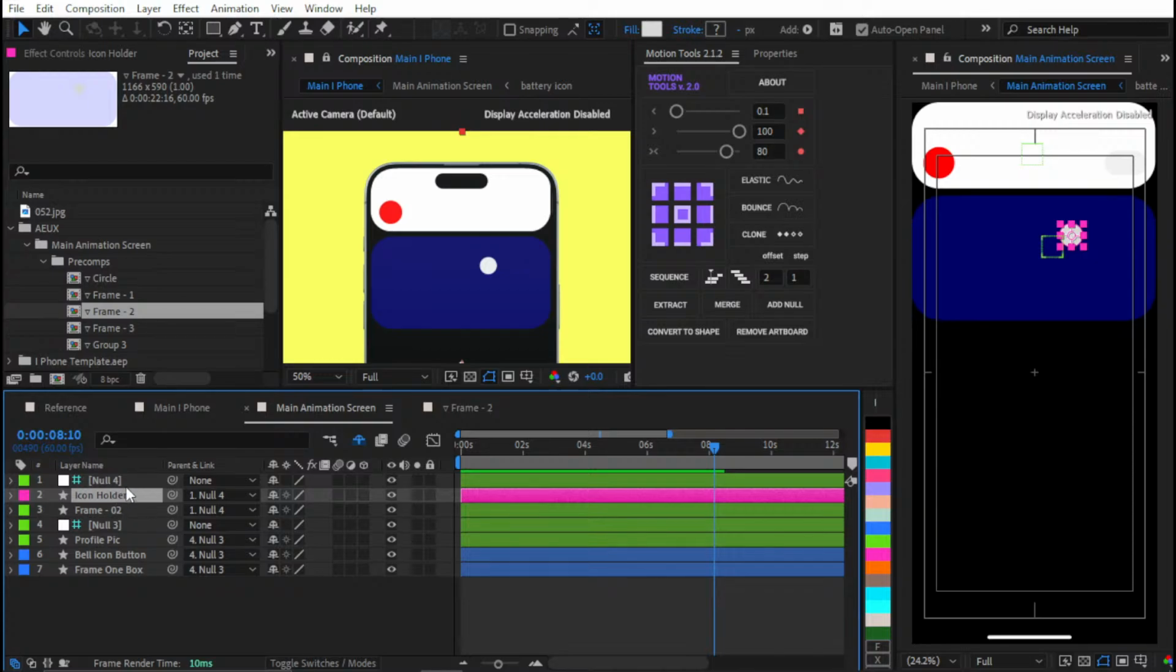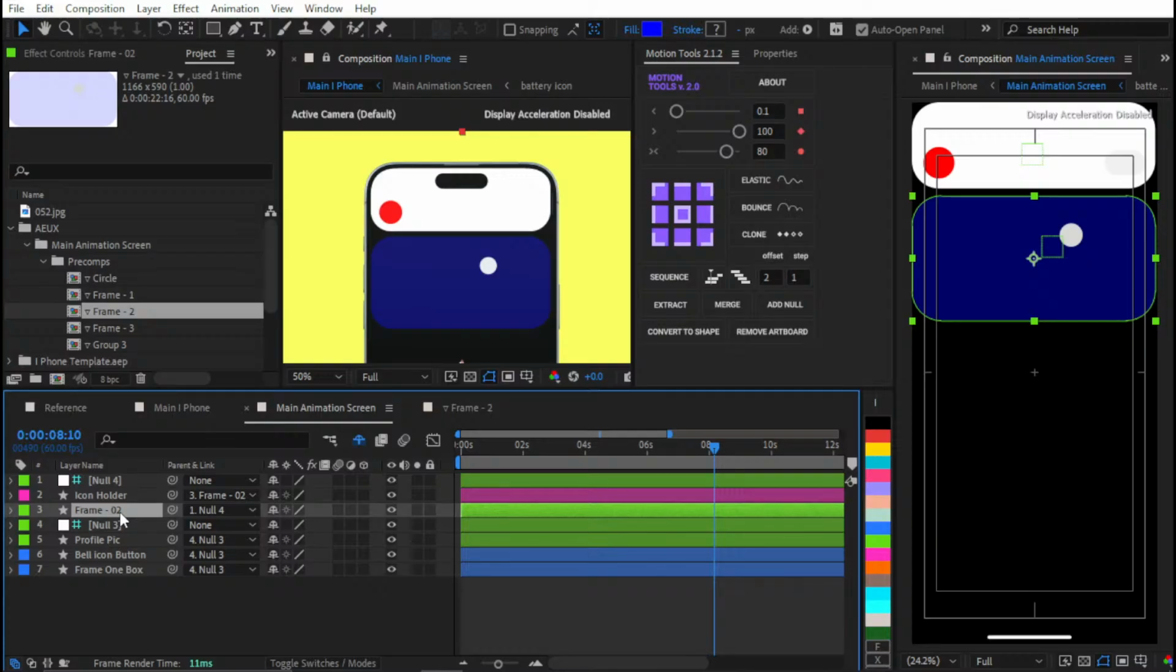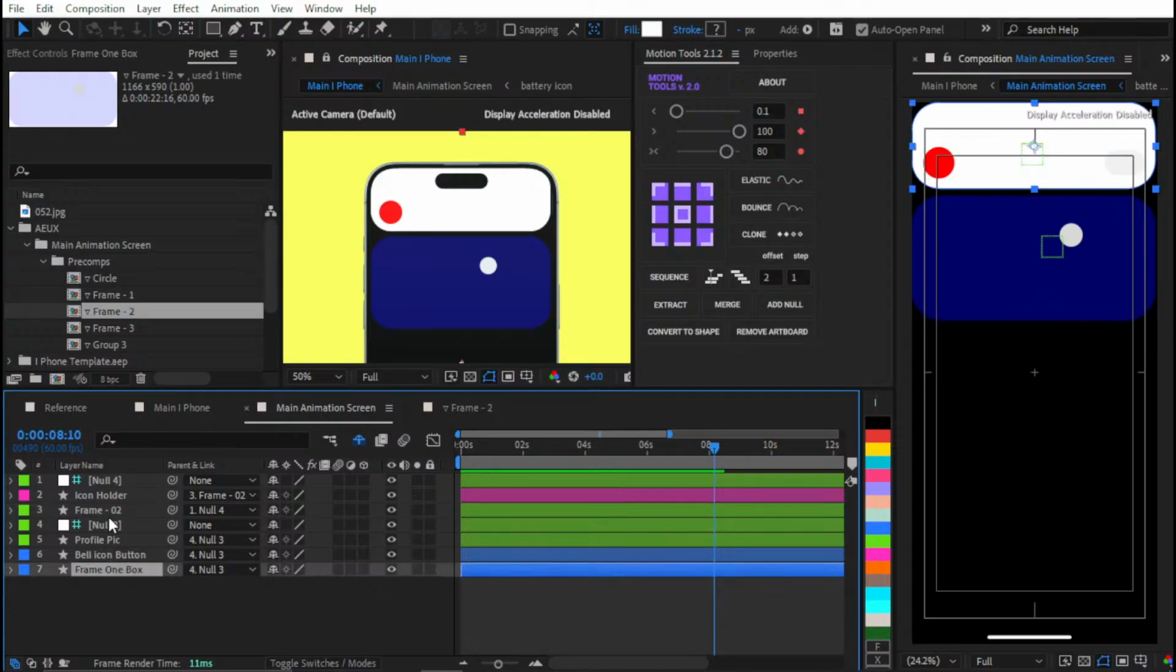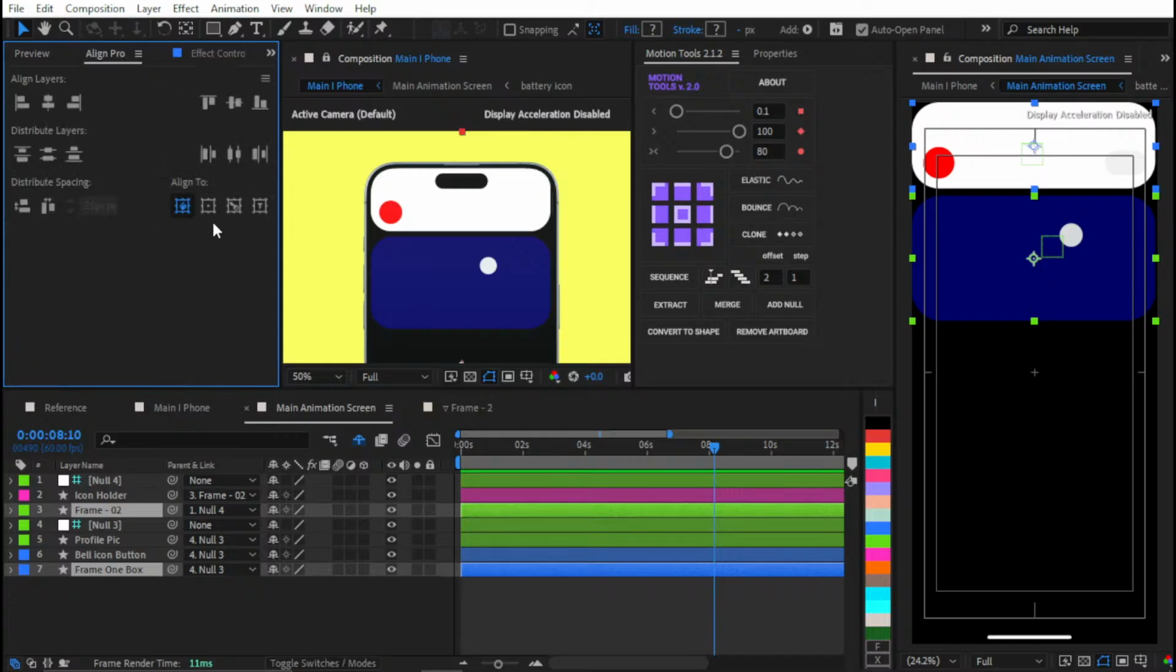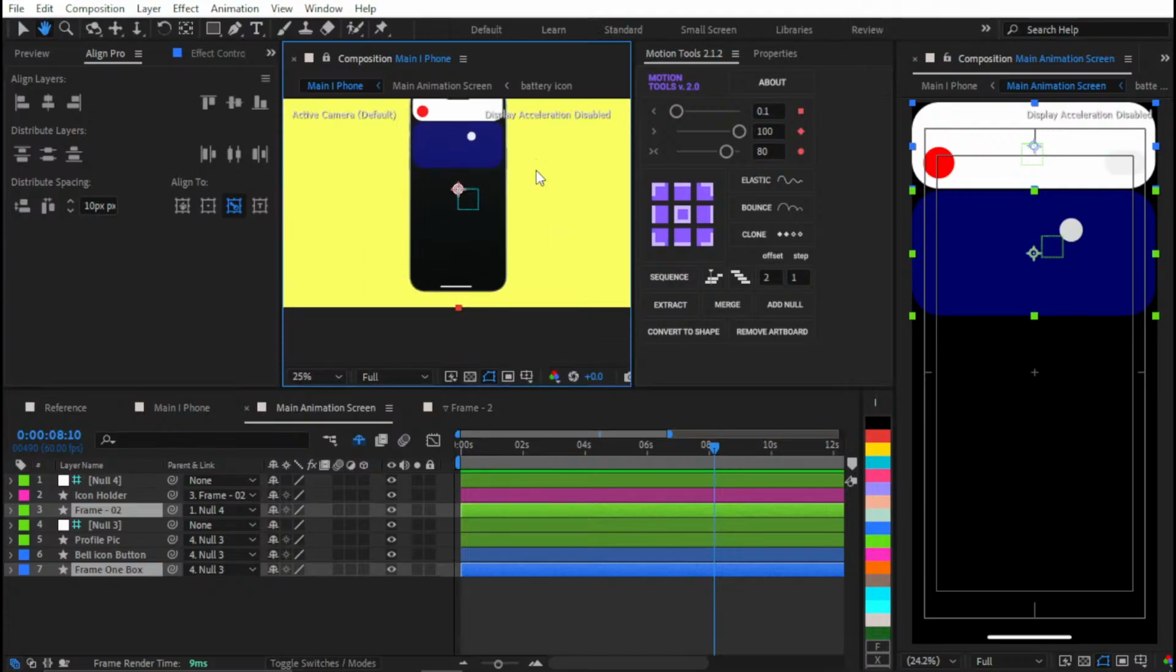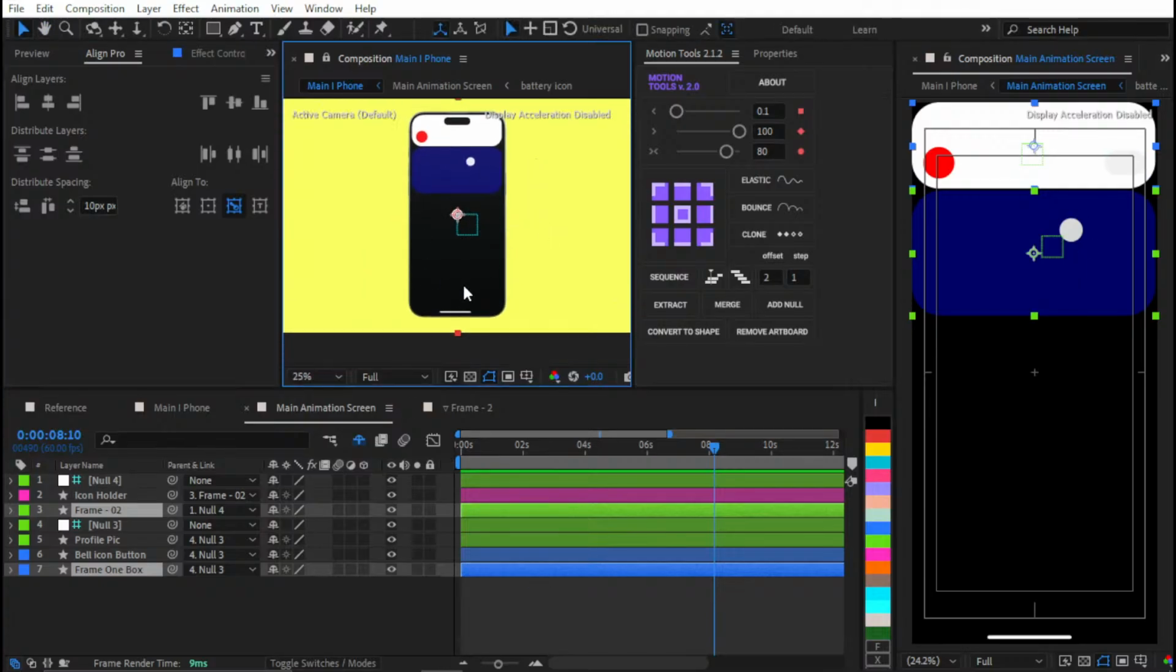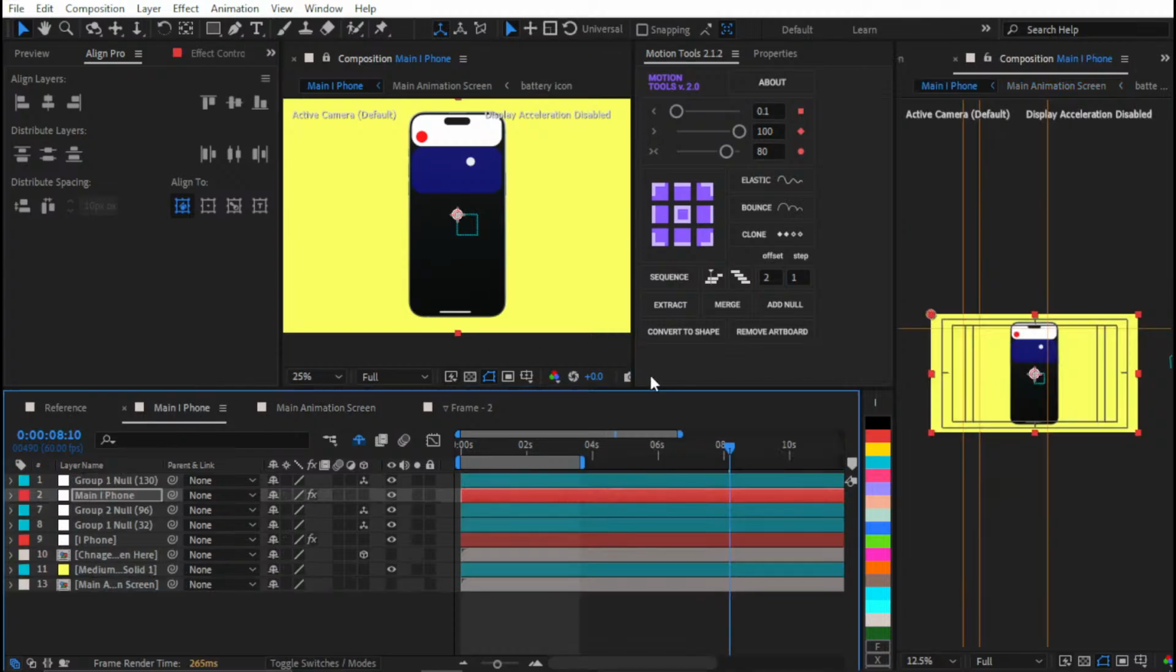For now, let's link this icon holder to main frame and select frame 1, select frame 2, go to align pro, select this third icon and distribute vertically. Let's reduce the size to like 10 pixels like this. That's looking good. Okay, now we have this much area left on our iPhone screen